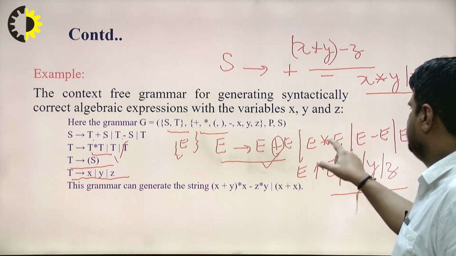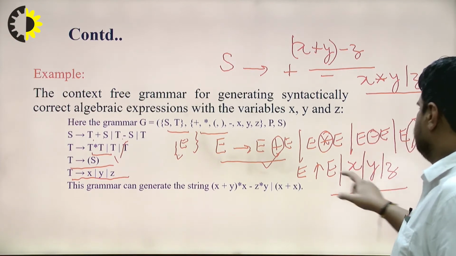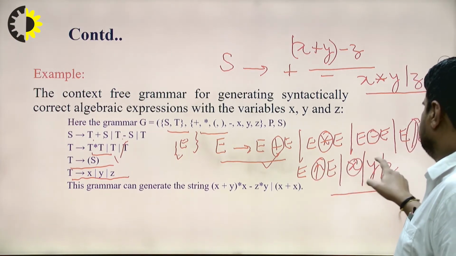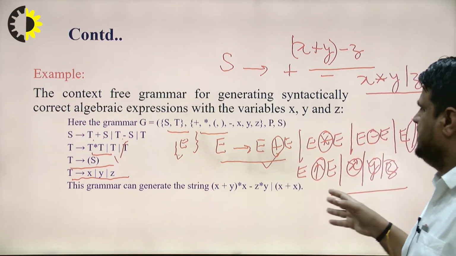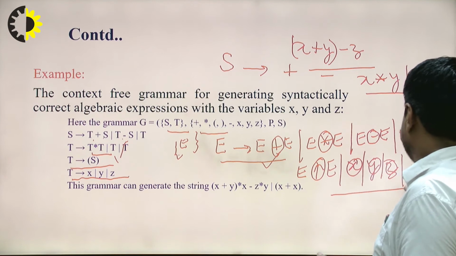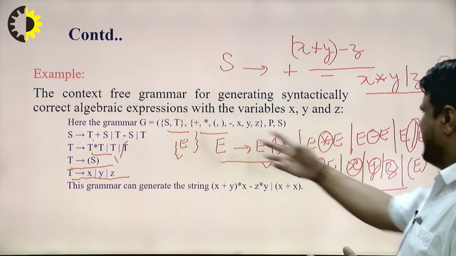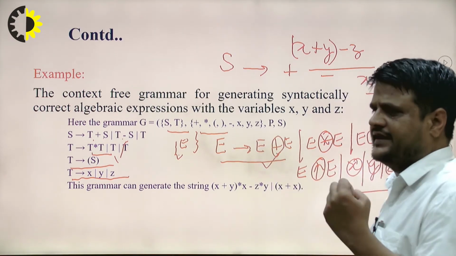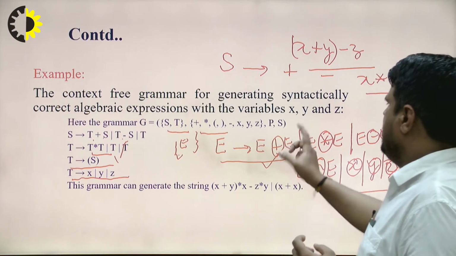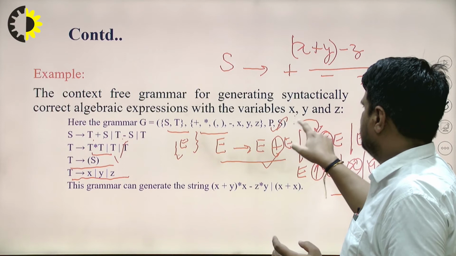Plus, multiply, minus, division, power, x by z. So the set of terminals will include all those symbols. If you want brackets, then you can write down brackets, right? So brackets will also be terminals. All the mathematical expressions come into the category of the terminals, right? After that, the production rule is this one, and E is the starting symbol for this one.